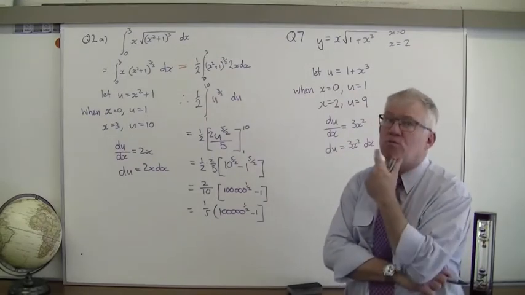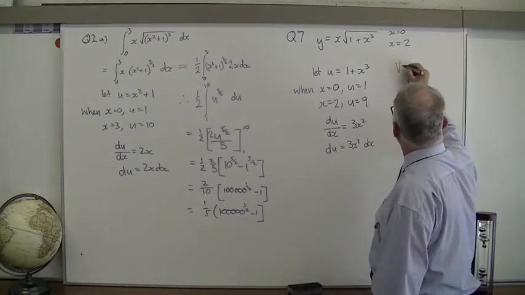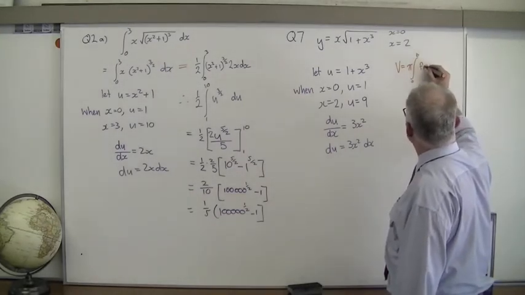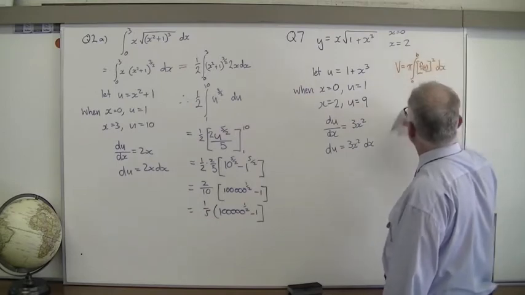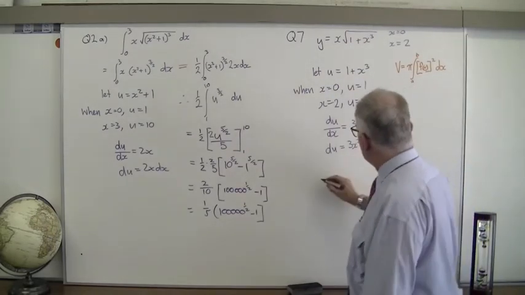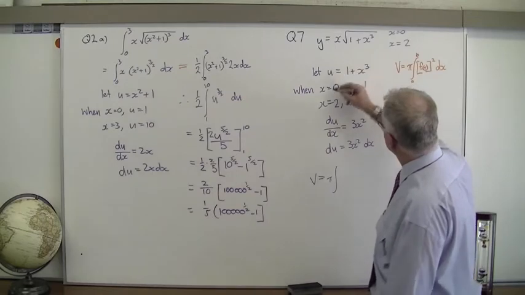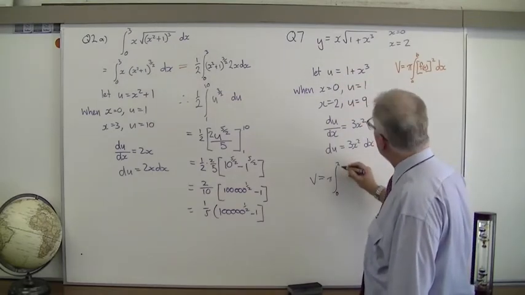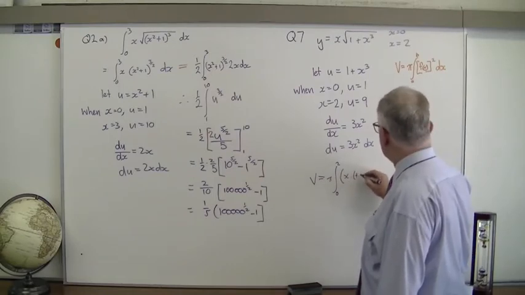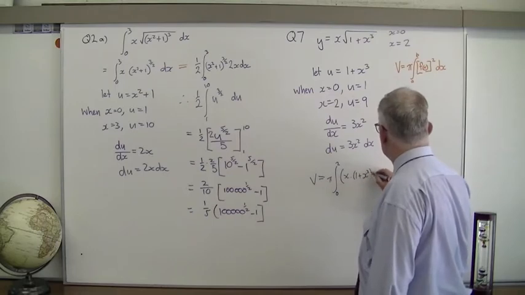Well, remember, it's a volume of revolution question. So I'm just going to take you back to the last exercise. For a volume of revolution, we're going to have an expression that looks like this: an integral from a to b of the function of x, all squared, dx. In this case, the volume is going to equal pi, outside of the integral from 0 to 2, of x times (1 plus x cubed) to the power of a half,